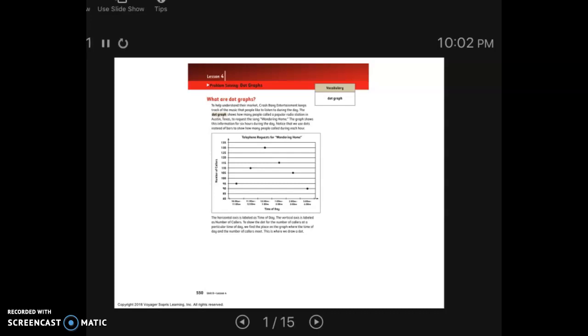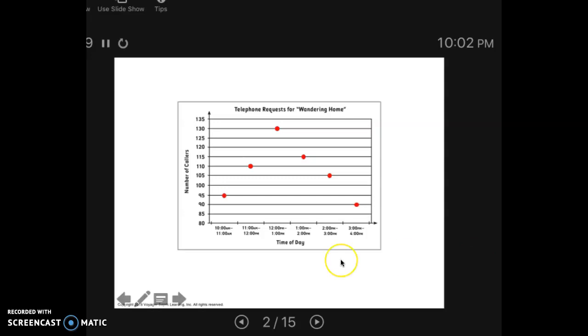Hey guys, so for the second part of our lesson today, we're again on lesson 4, unit 8, we're going to talk about dot graphs and what they are. This graph shows how many people called a radio station to request the song Wandering Home over a 6-hour period. In this graph, we use dots instead of bars to show the data, so we call